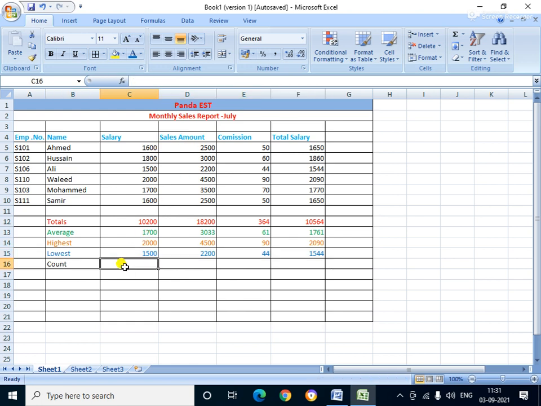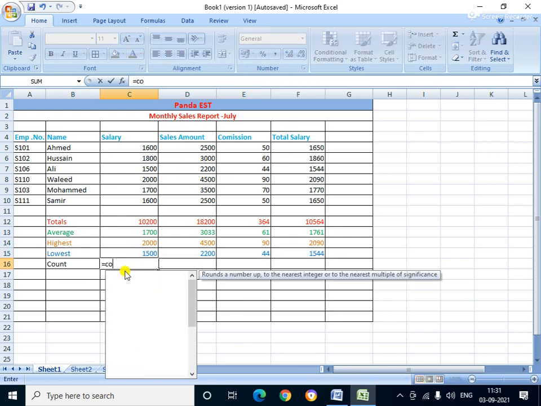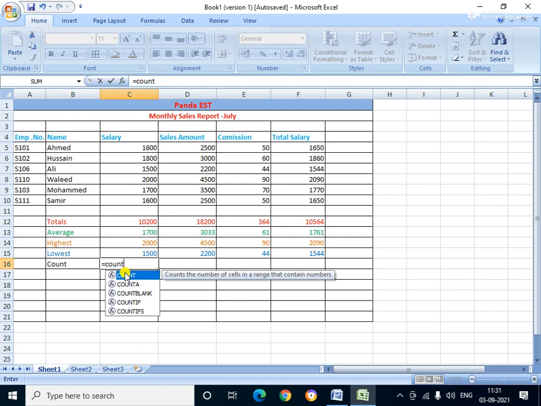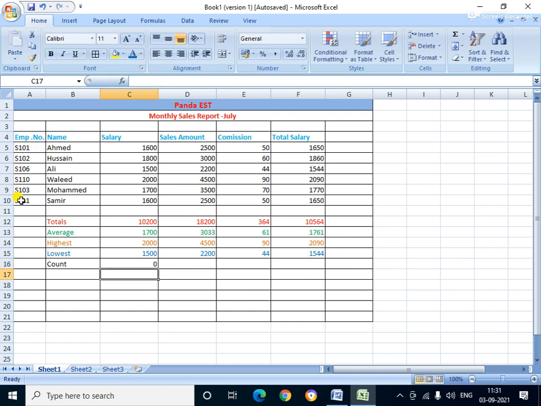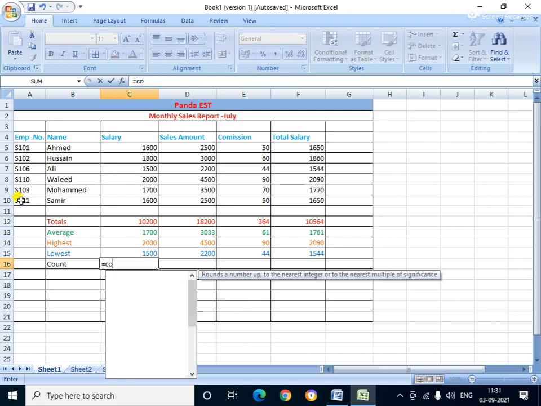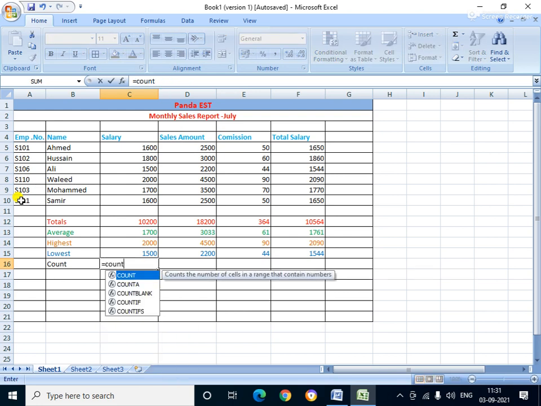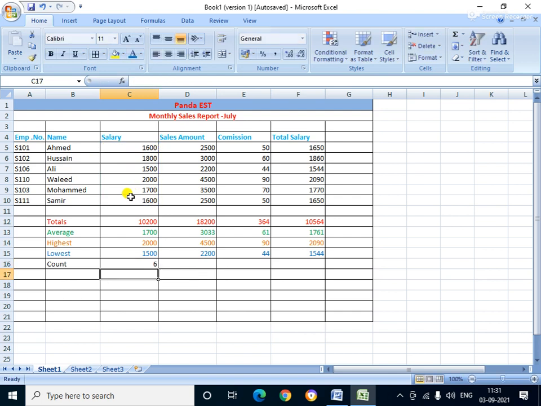Next is the count. Equal to COUNT. The COUNT function is there, first bracket open, and you select to count how many employees there are. Just equal to COUNT, bracket open, and suppose these are the employees' salaries, select.